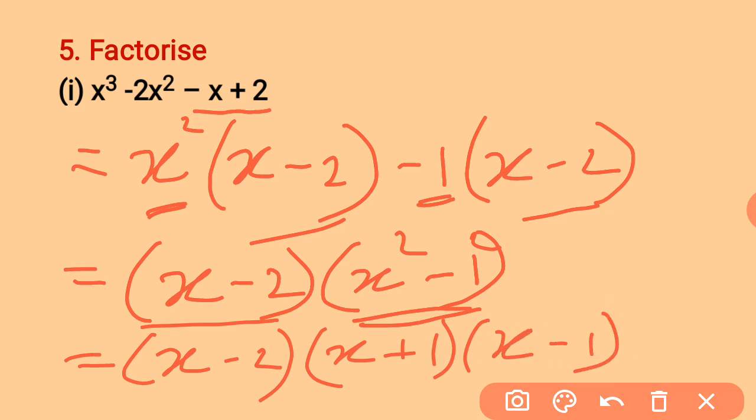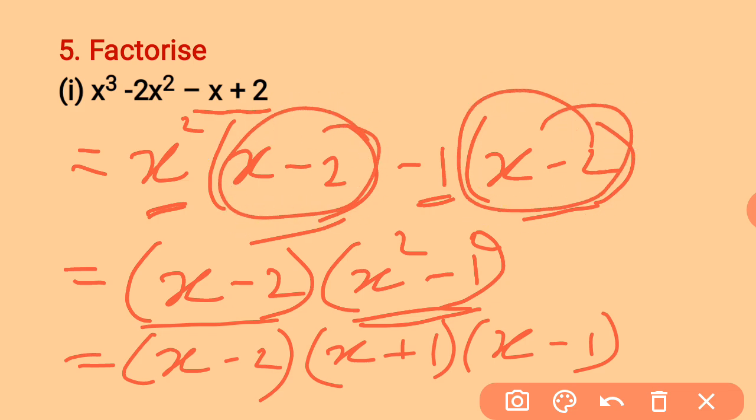So this is one method of factorizing the first question. Here you have got three factors: x minus 2, x plus 1, x minus 1. Now, though this is one method of solving it, there may be polynomials where you cannot use this method. You may not get the two brackets equal. In those cases, you cannot proceed further. So there is one more method which we are going to take elaborately here.